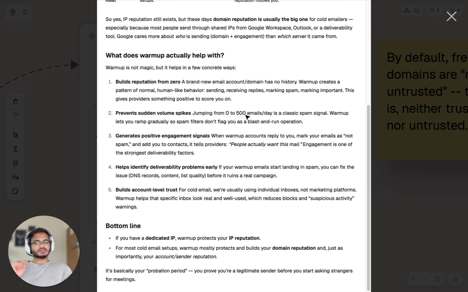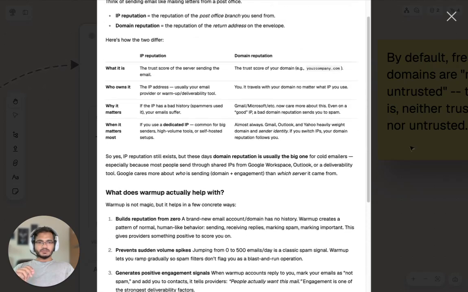But the other thing that can also help you is to just send good campaigns, or just send emails to maybe your internal company, or just use that domain internally in your own company for a bit, just do human to human communication, and then put it on warmup if you really want to do that. But the idea here is that you don't want sudden volume spikes. Whatever you do, avoid this.